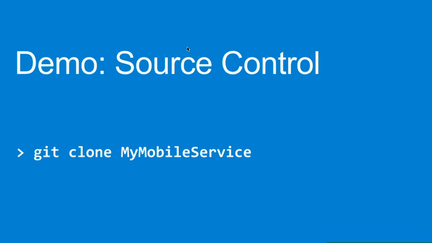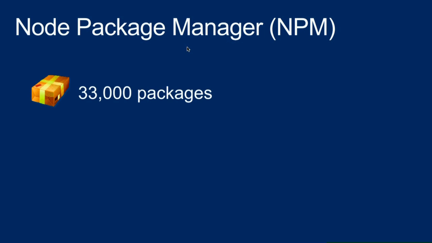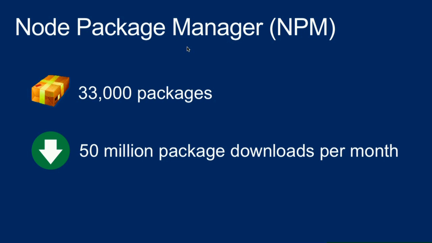Now, maybe you're used to using NuGet in .NET. Well, as I've mentioned, the runtime here is Node.js. And Node.js has an excellent package management system called NPM. And it's a very vibrant ecosystem. 33,000 packages on there, more than 1 million downloads per day. This is a serious ecosystem. So any kind of package you want, there are 5 of them on there. And you just have to find the one of them that works, and then you're going to be able to write a great application.